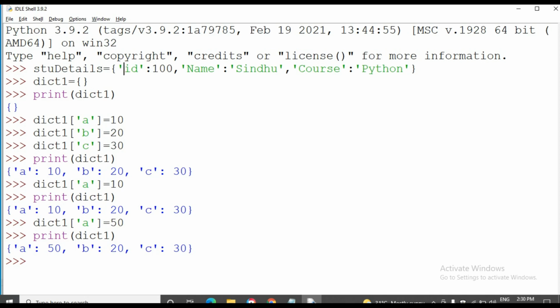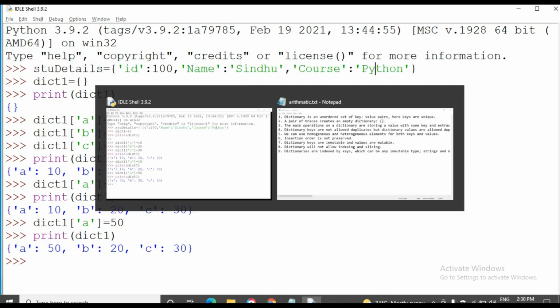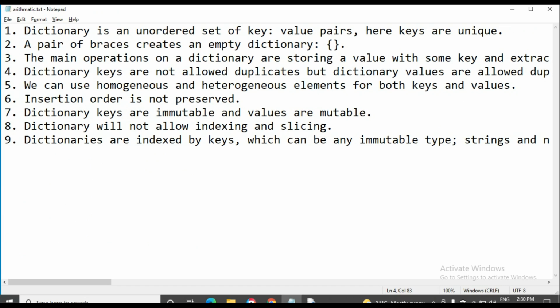Like that we can use Boolean and complex types also. This is a string and string also. Name is a string type. We can add Boolean, integer and float values also. So the dictionary allows homogeneous and heterogeneous key value pairs.